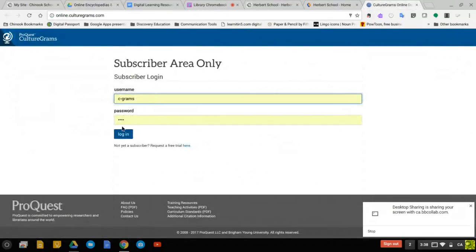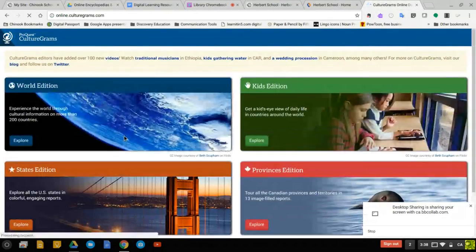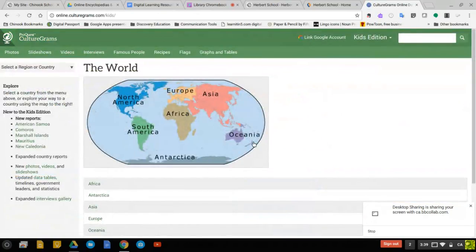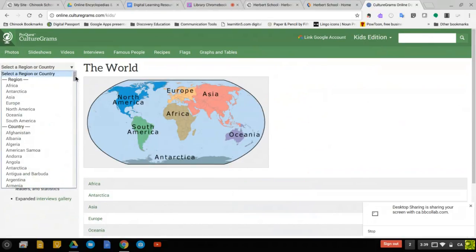Go back to Culturegrams, so I'll log in. World Edition is geared more for middle years and high school students. Kids Edition works with K-12. There really isn't a bunch of difference, but the Kids Edition is a little more visually appealing, but they are quite similar. You'll see from the top that you can look at photos from different countries or regions around the